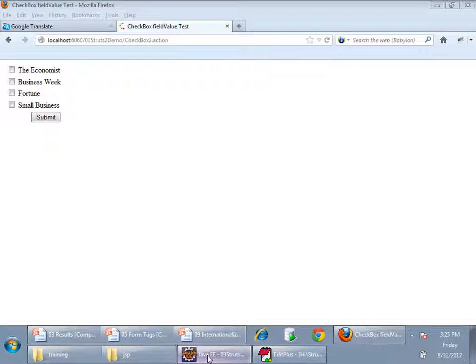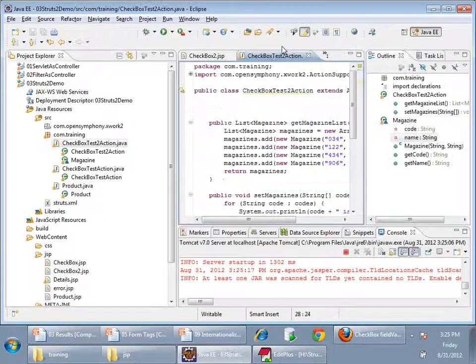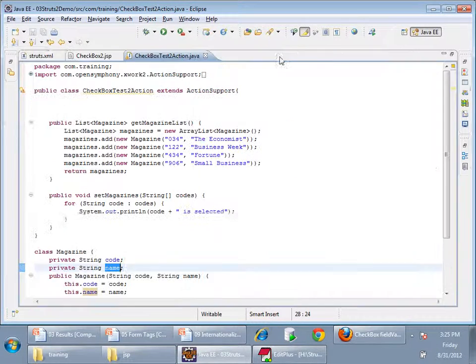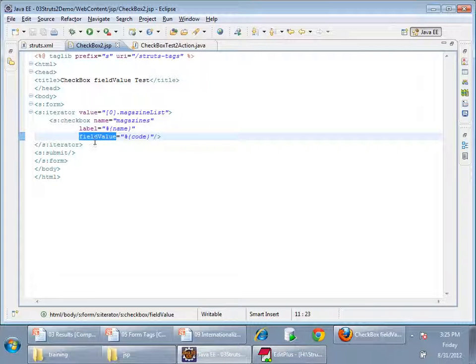See in this list, how many magazines I added? 4. What is displayed? The label of checkbox is name, but the value which will go once I submit is